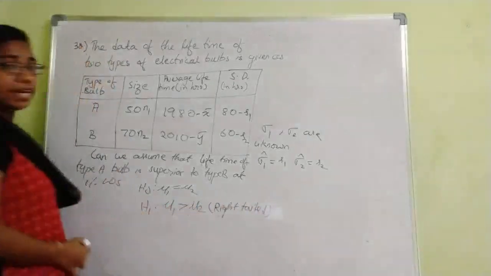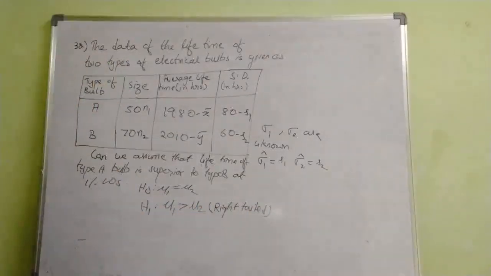This is a right tail test, right? So for a right tail test at 1% level of significance, check the table values. I have already given the table values. Based on that table value, take the decision whether it is accepted or not. I will send a few more problems also. You have to do all the problems. The more problems you do, the more you understand about the concepts.